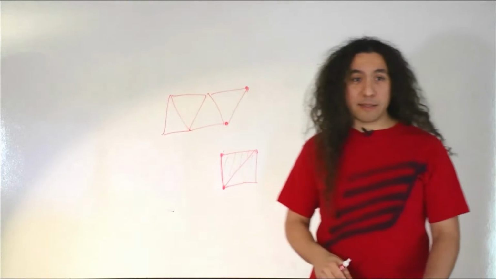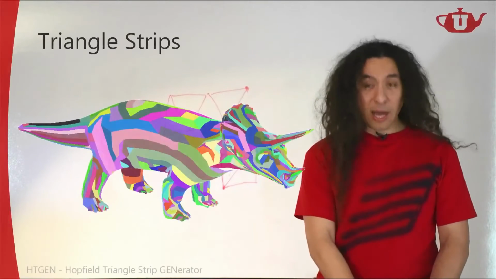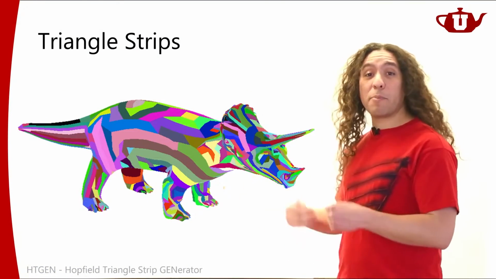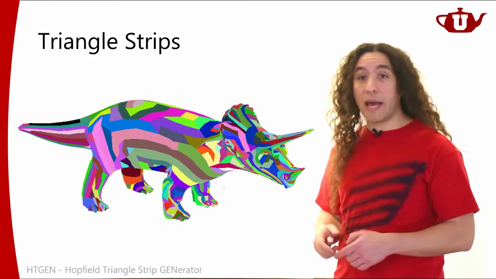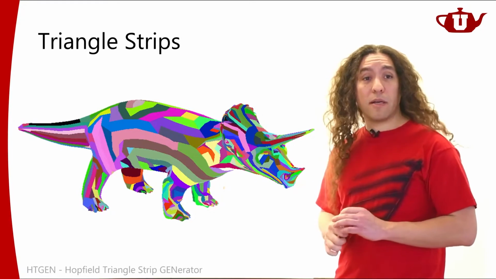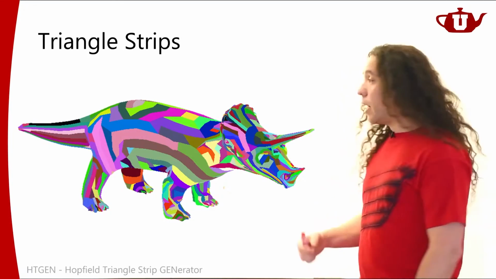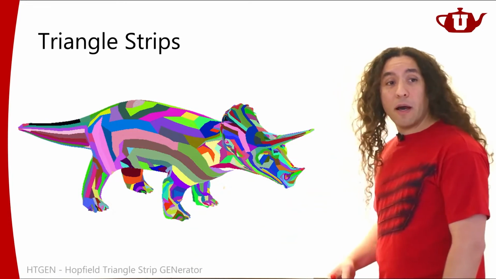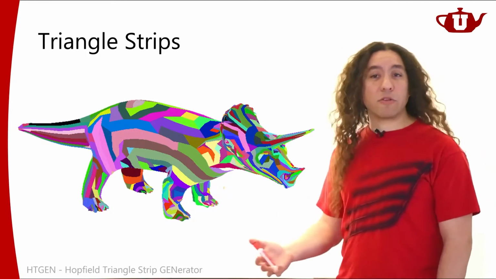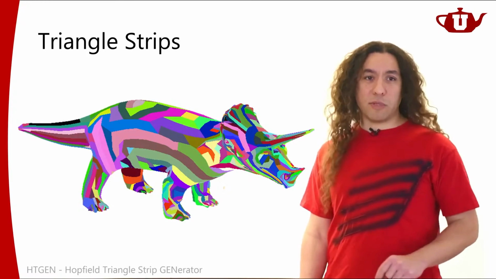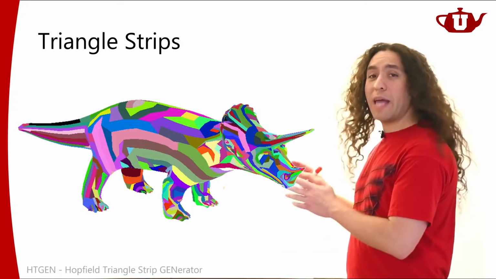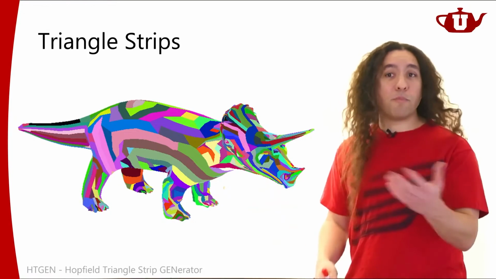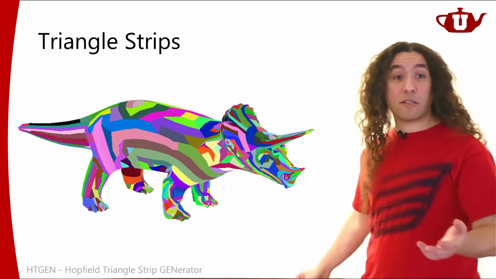Now, why would I want to do that? Well, I would like to do that because even though I can draw these strips separately, one strip after another strip after another strip, I can do that. That is not very efficient. Because every time I draw a new strip, my graphics pipeline will reset and I'll start again. Every time you say GL draw arrays or GL draw elements, there's a little bit of a cost to it. Okay? And if I have to do that, let's say for drawing something like this, if I have to do that on the order of 100 times, I'm paying that cost of initiating rendering 100 times.